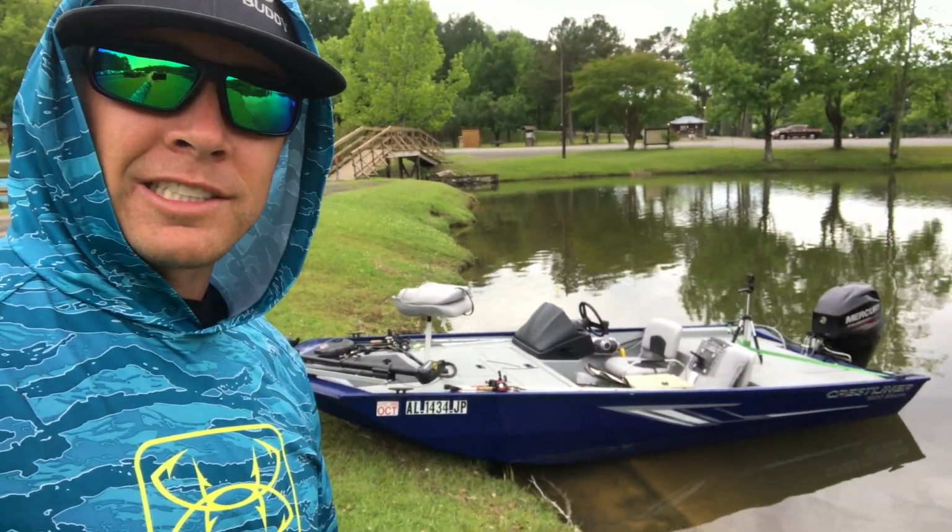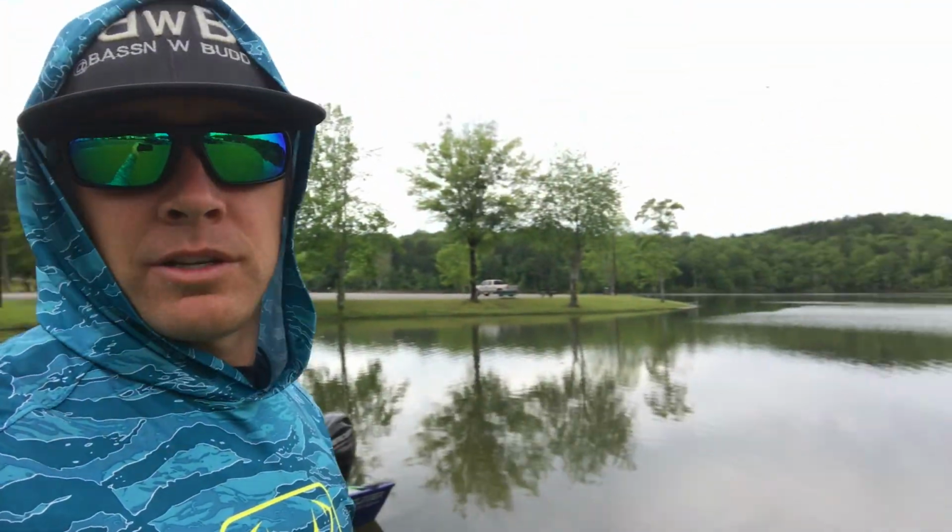What's happening? I'm at Lake Lurleen today. I got a special treat. I was able to rent out a Crestliner aluminum boat today. Super excited. I think it's got like a 40 on it or a 60, but this lake is usually pretty